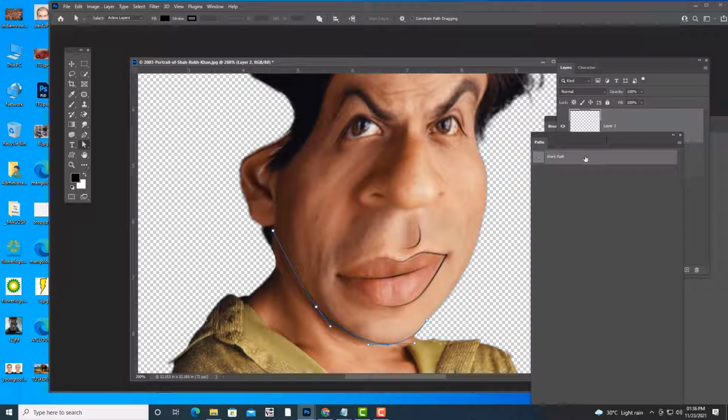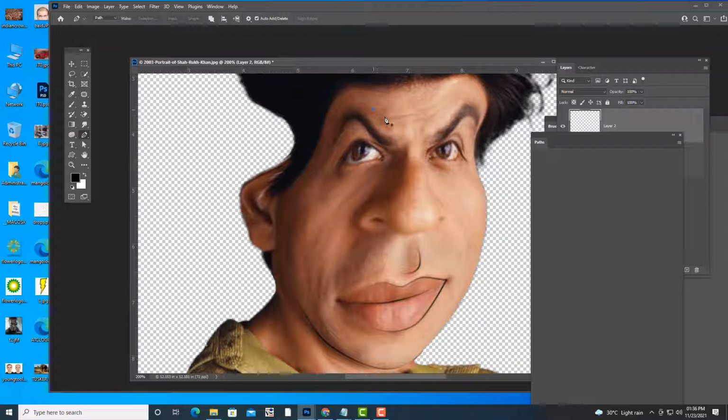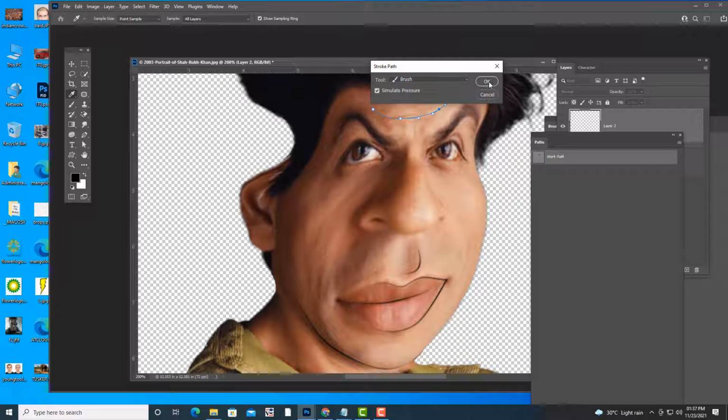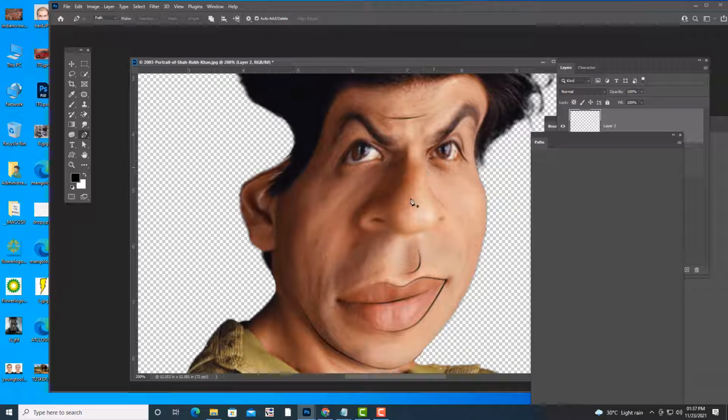Delete. Just a few more lines. And here, stroke path, delete path.